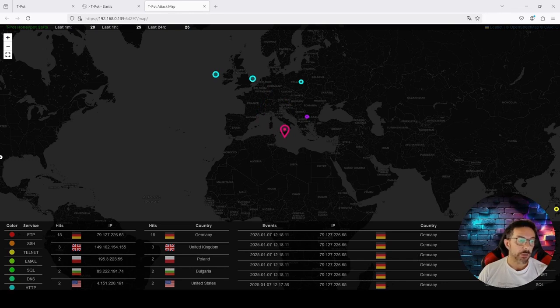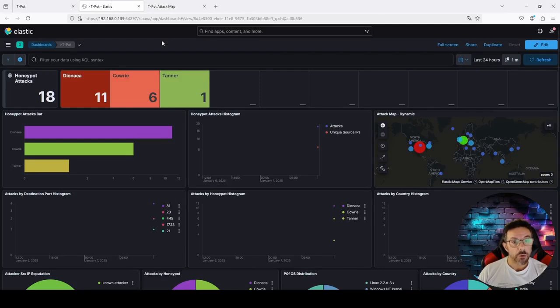It's not immediate, you see? Look, that's basically me checking the ports. For example, I can do this check and you'll see that now another little icon appears, all from Germany. Yes, it's in German. And here it is. Then, if I go back to my Kibana dashboard, you'll gradually see that it starts plotting